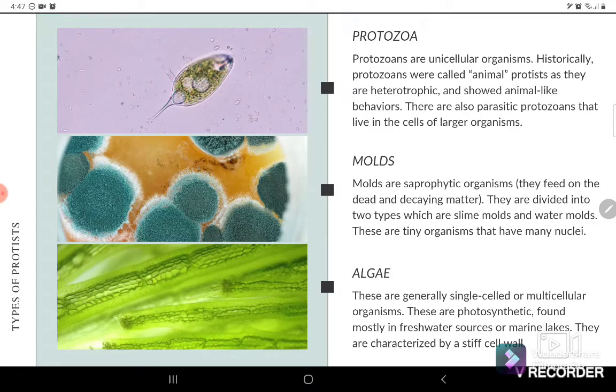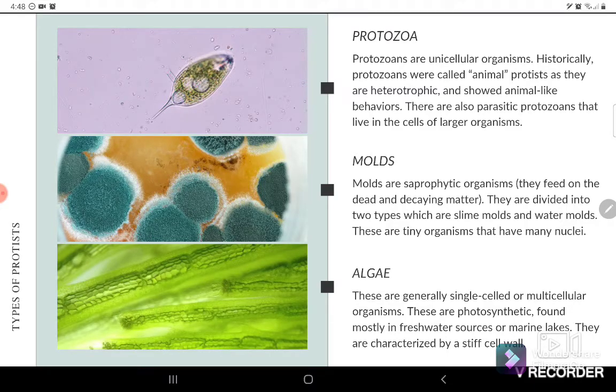Now, there are also protozoans that are both heterotrophic and also photosynthetic. Like for example, we have the Euglena. So the Euglena is categorized under a protozoa type of Protist because it is heterotrophic. But when there is an abundance of sunlight,